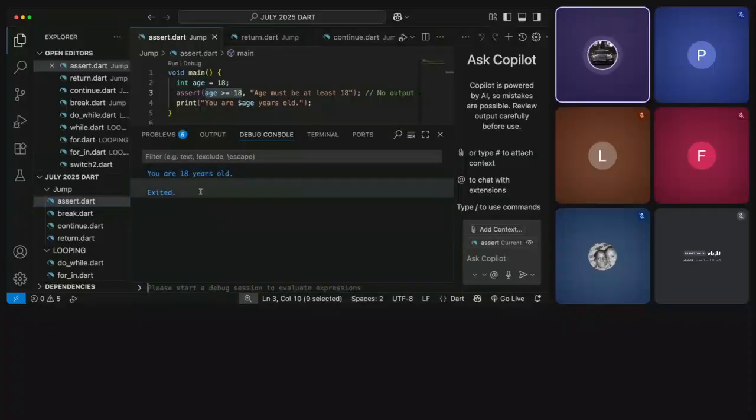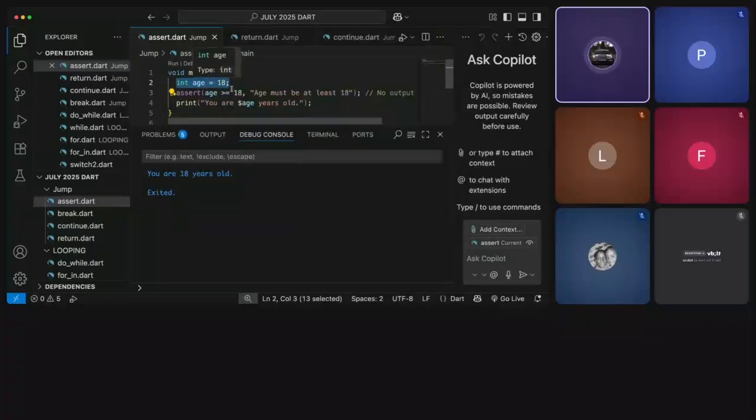Okay, it's okay. So you are 18 years old. It's because this condition has been met because we had already declared our values here. So if this condition is correct, then it displays the normal message. But if it is wrong, let's put something like 17 here, if I save it, it will